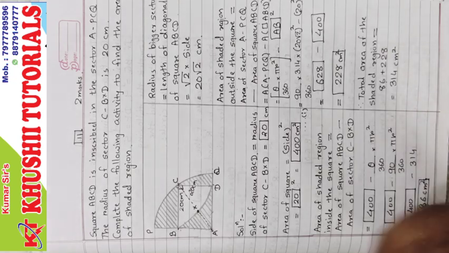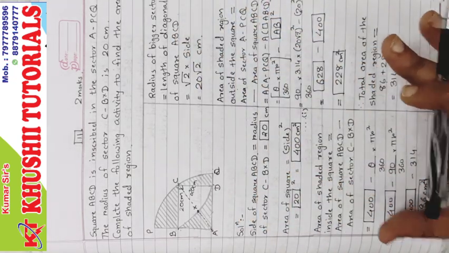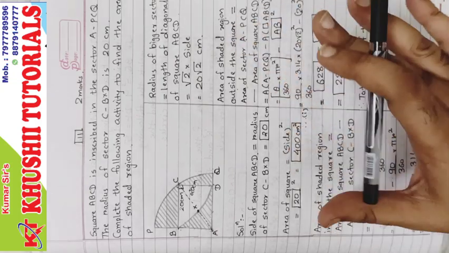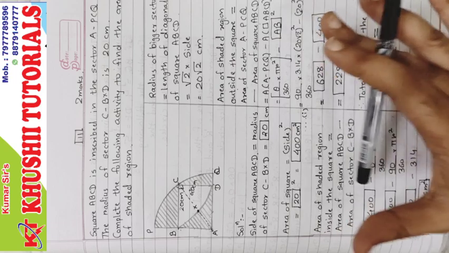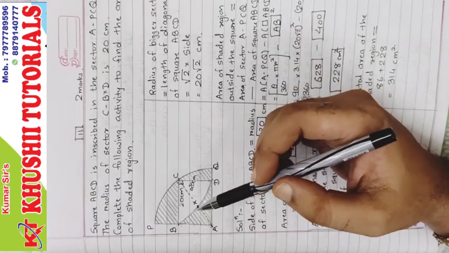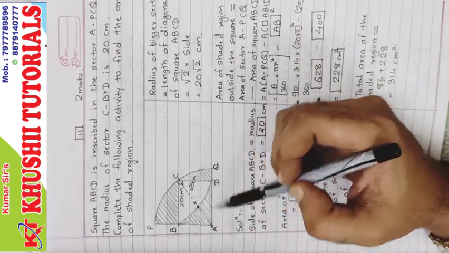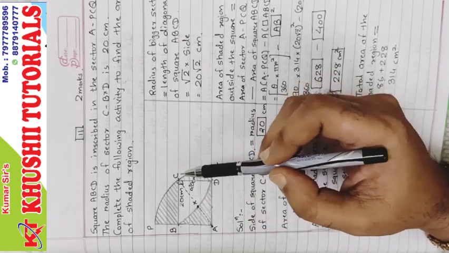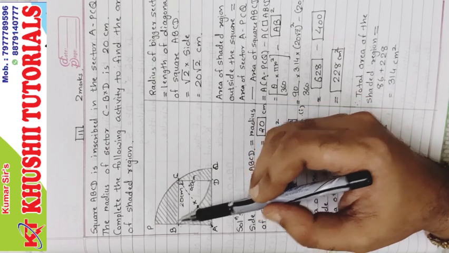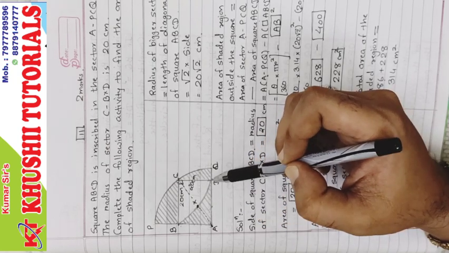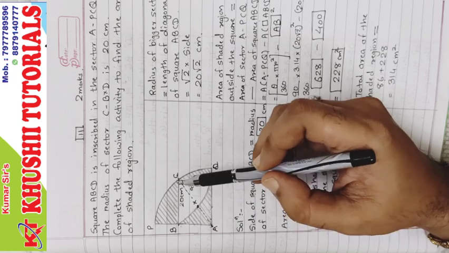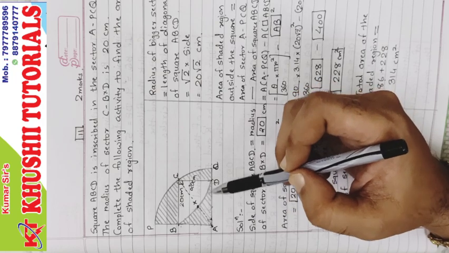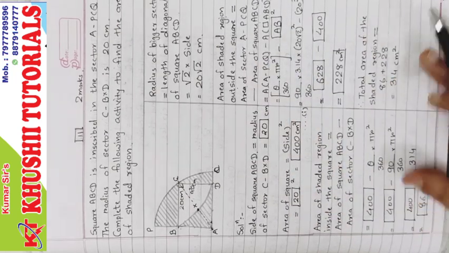As I told you, there is one more method. And what is one more method? See, this question was to fill these boxes, so we have to go with this method only. But in exam, if it is not asked activity based, then what you have to do? You just have to find out first area of sector A dash PCQ and minus area of sector C dash BXD. Okay, now here also it is 90 degree because it is also the angle of square. So 90 degree, theta upon 360 into pi r square. Hope you know this. Okay.